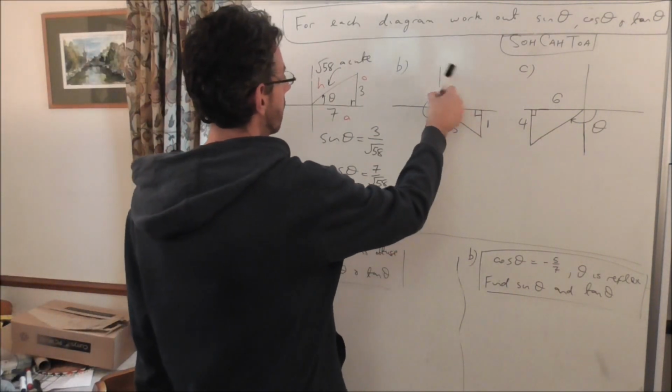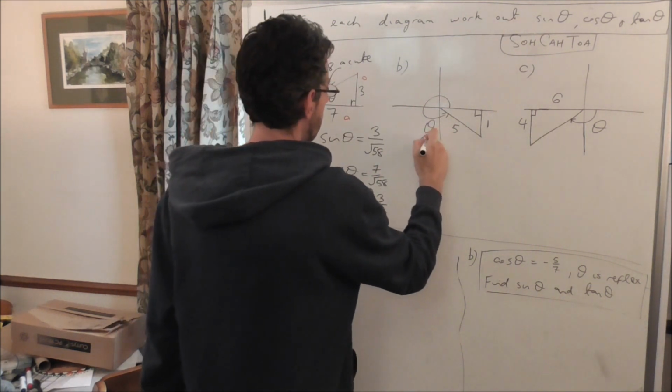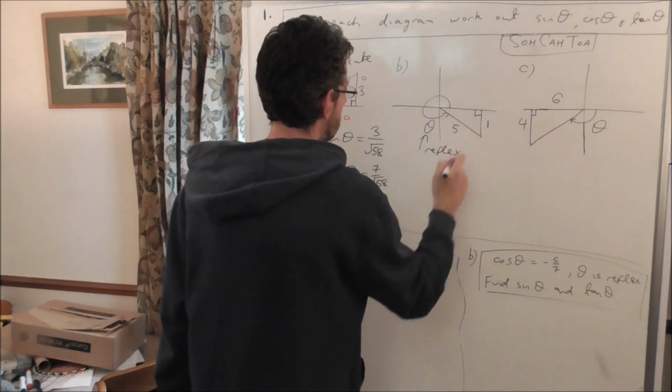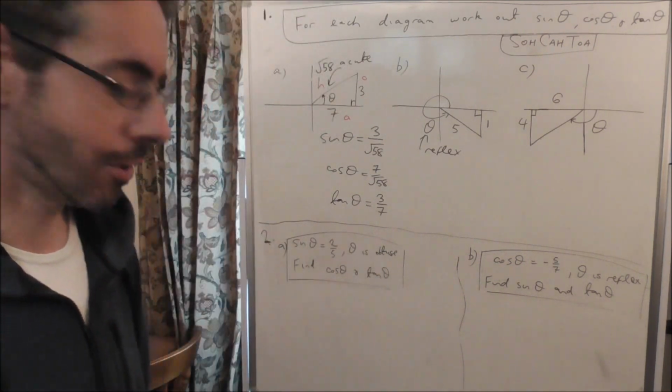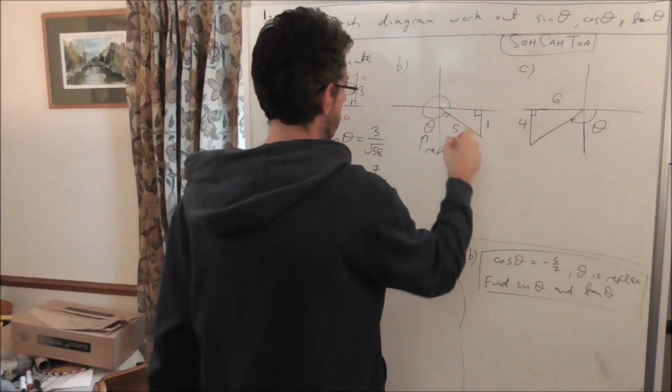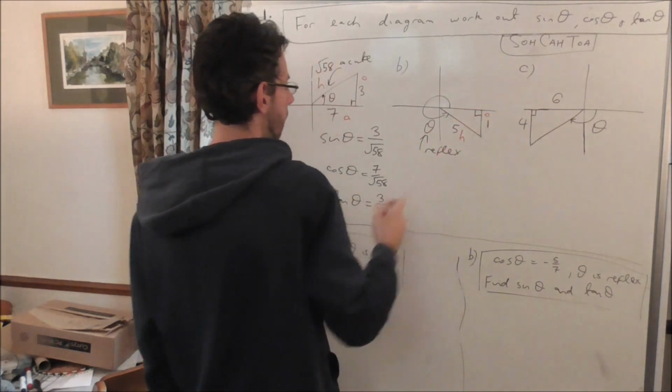This angle here is nearly a full turn. It's a reflex angle in the fourth quadrant. So it's reflex. And again, there's one side of the triangle missing, the adjacent side, because we've got the hypotenuse. The hypotenuse here is 5, the opposite side there is 1. The adjacent side,